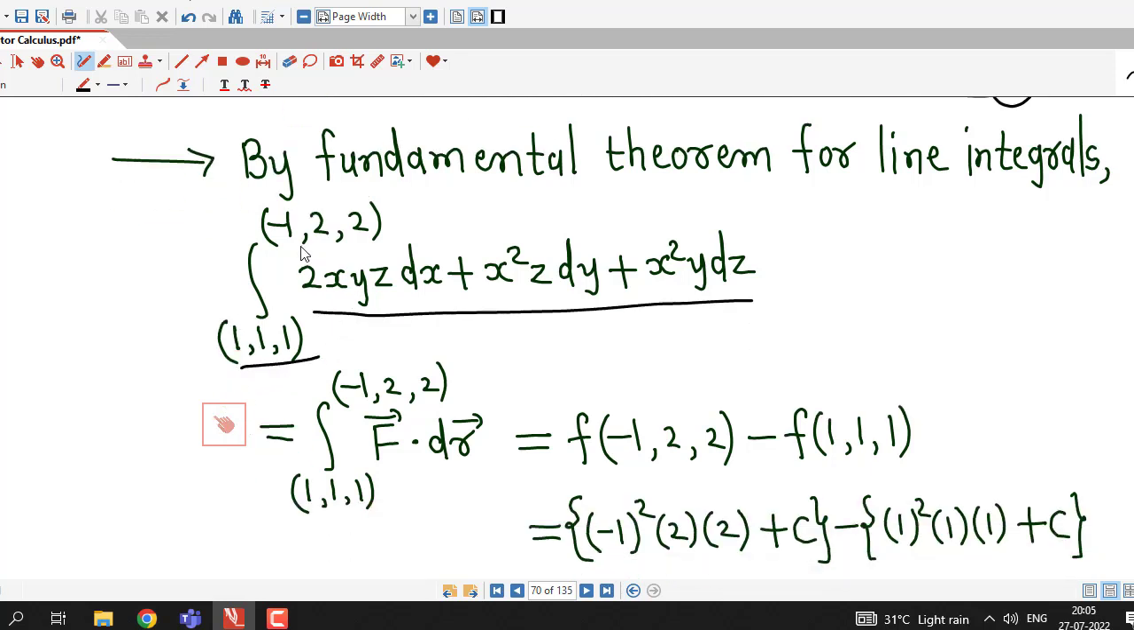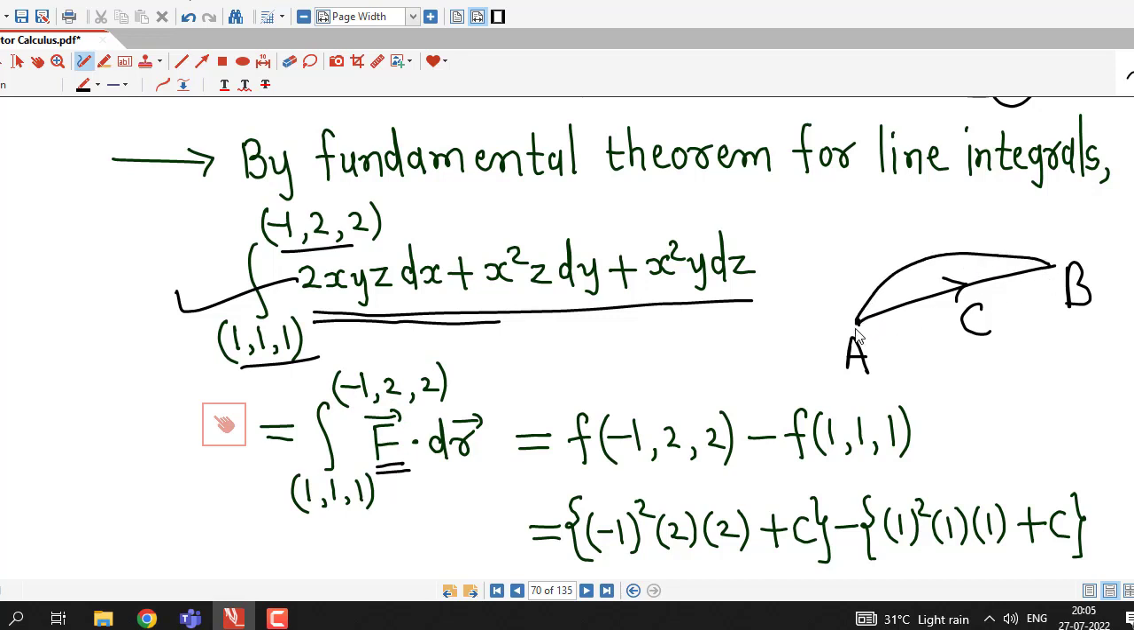and we have these 2 points, (1, 1, 1) and (-1, 2, 2). We are asked to find the line integral along the line segment joining these 2 points, but we know that this line integral is independent of path because the vector field f bar is conservative. Therefore the value of the line integral along any path, not only the straight line, along any path joining these 2 points will be equal to the value of the potential function at the terminal point minus the value of the potential function at the initial point,